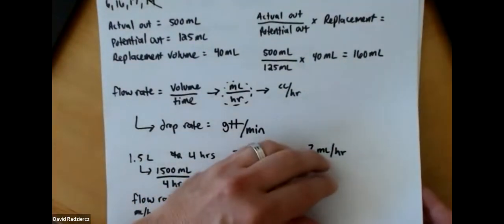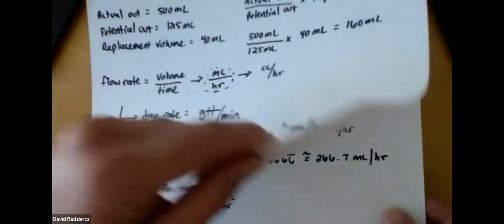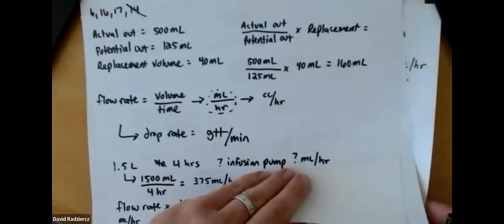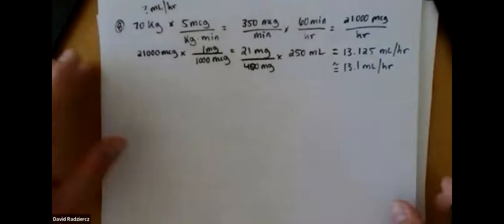All right, so these are the Allegheny version of reconstitution questions. So for 21 and 22,